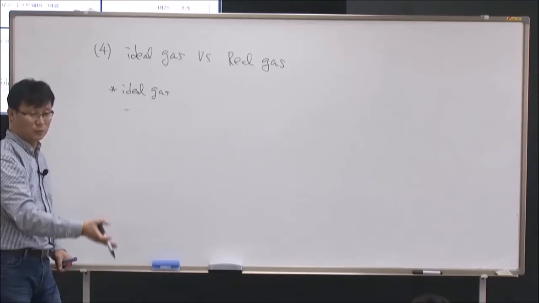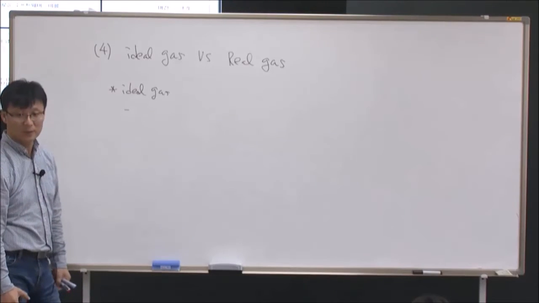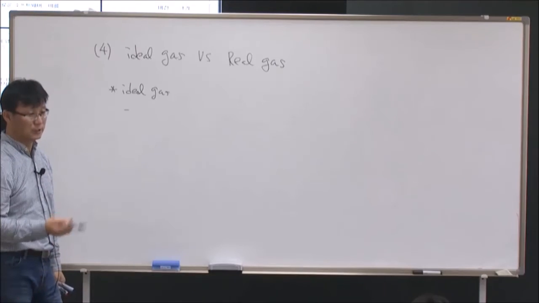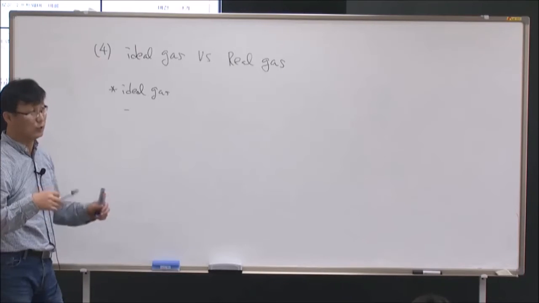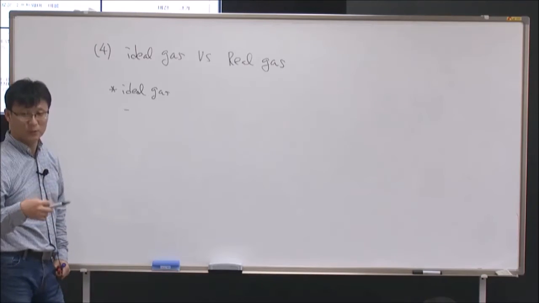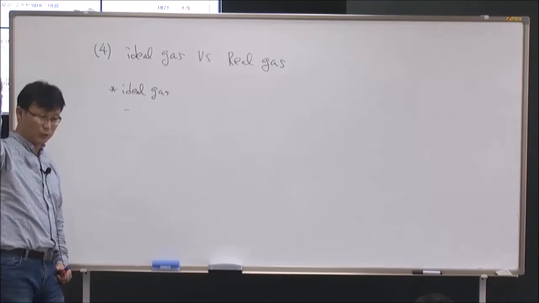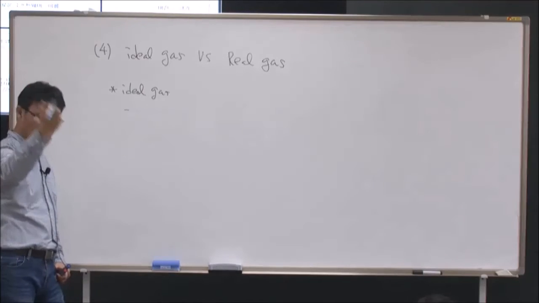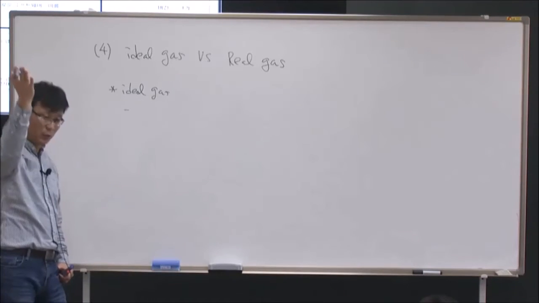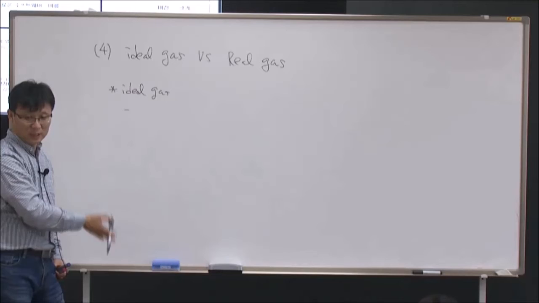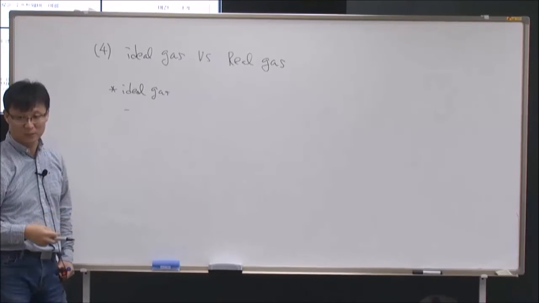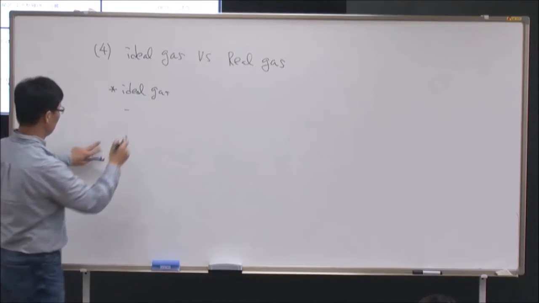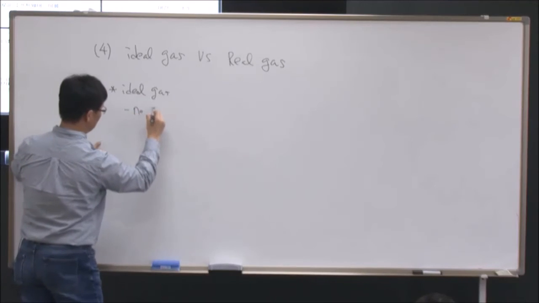Volume decreases linearly with temperature. At 273 Kelvin, we have 22.4 liters per mole of gas. And when you decrease temperature, this volume will decrease linearly, and it becomes 0 at 0 Kelvin. That's the ideal gas. So no particle volume